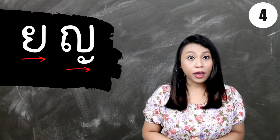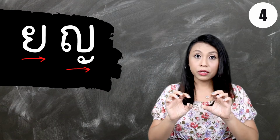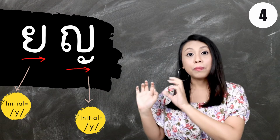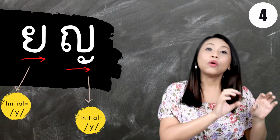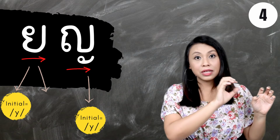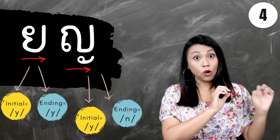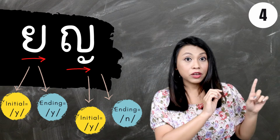For this one you have to be careful because ยอยักษ์ and ยอผู้หญิง when these two letters are at the initial consonant position both of them are ยอ sound but when they both are at the end or at the final consonant position ยอยักษ์ still sounds ยอ but ยอผู้หญิง changes to sound like นอ so ยอผู้หญิง when it's at the final consonant